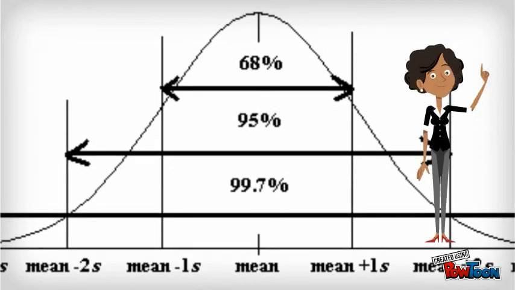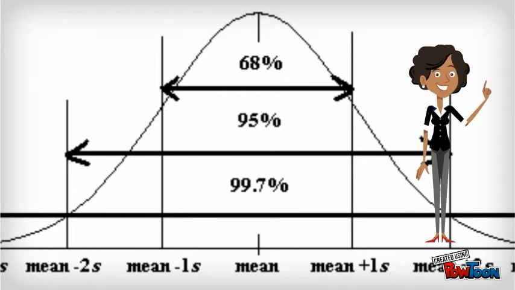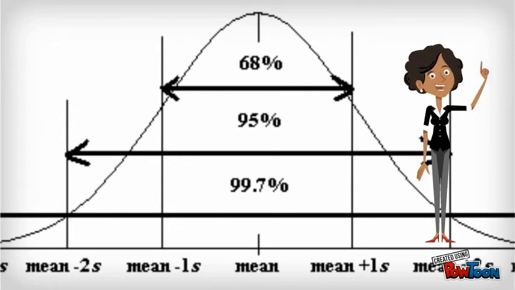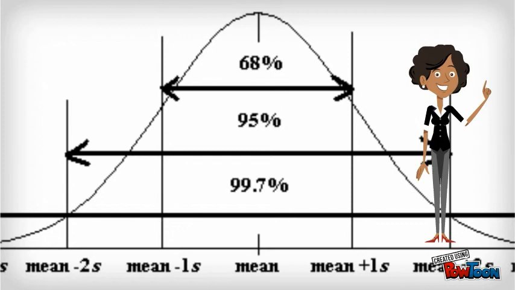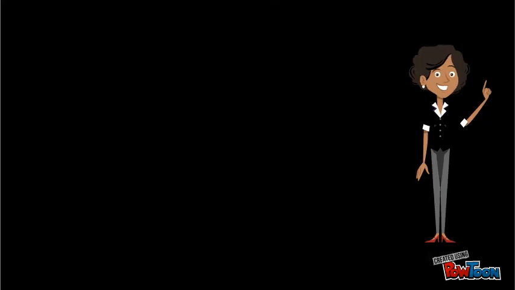Building on the normal distribution, let's talk about the empirical rule and how it applies to standard deviation. We can see what percentages of our data falls within 3 standard deviations of the mean by using the empirical rule. This rule states that 68% of our data falls within 1 standard deviation of the mean, 95% of our data falls within 2 standard deviations of the mean, and 99.7% of our data falls within 3 standard deviations of the mean. The visual behind me is to help in understanding this principle on a normal